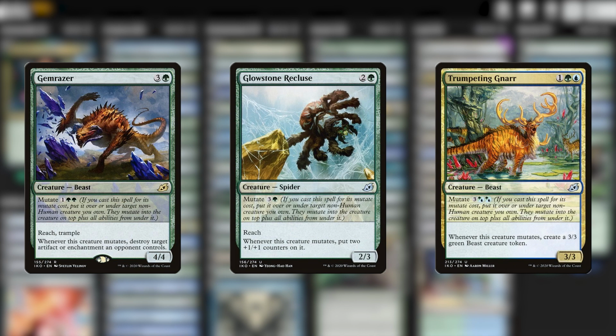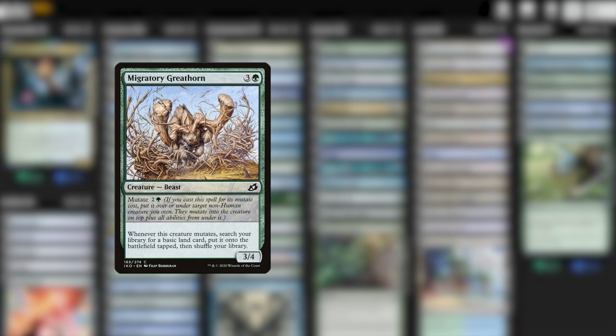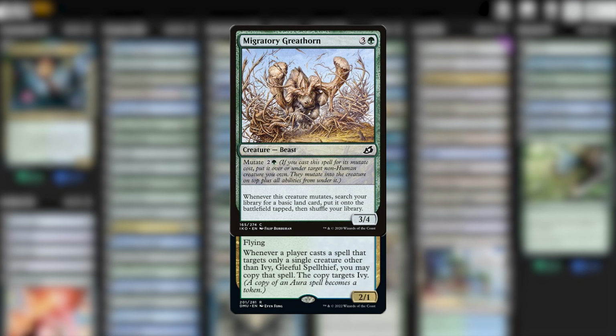And if you've ever played against a mutate deck, you already know that these can get really out of hand with tons upon tons of triggered effects. However, in our deck, the mutations serve an additional purpose. When we mutate onto Ivy, we can put the creature on top of the pile, and that removes Ivy's legendary